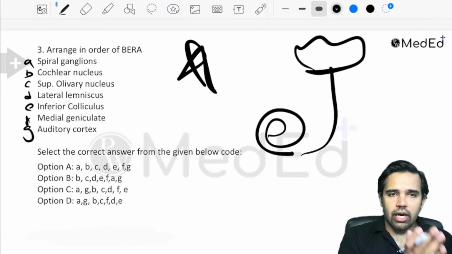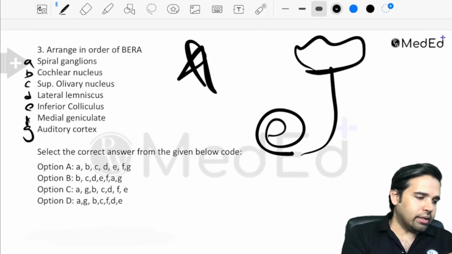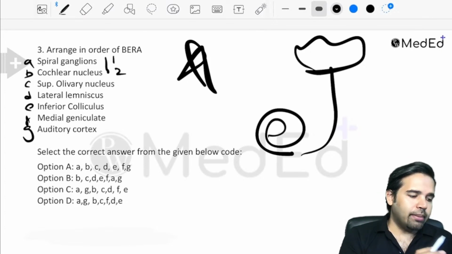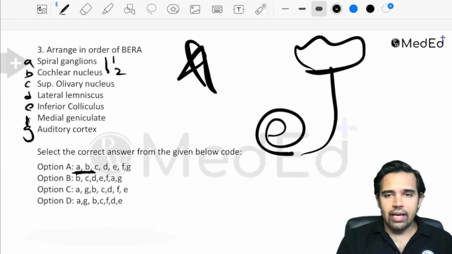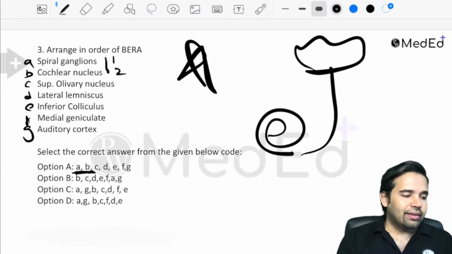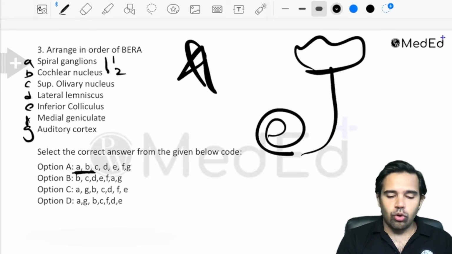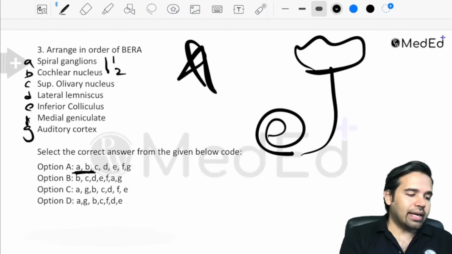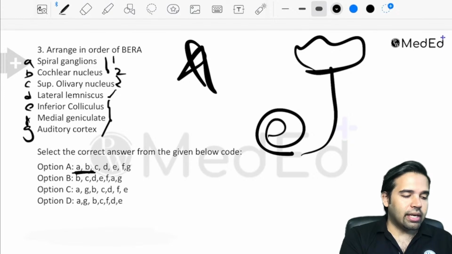So obviously it has to start from the spiral ganglion and the cochlea. So 1 and 2, so AB has to be first. If you look at it, only one option is giving AB, so obviously that is going to be the correct one. And if you look at it, they have given the order correctly too: superior olivary nucleus, then lateral lemniscus, inferior colliculus, medial geniculate body,